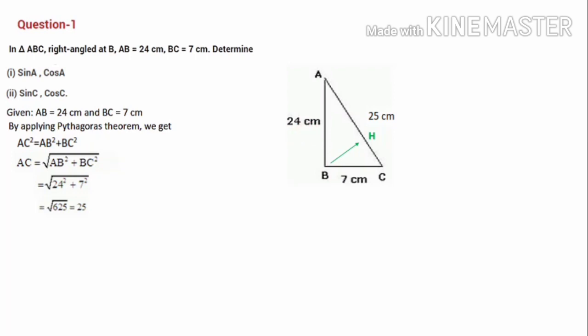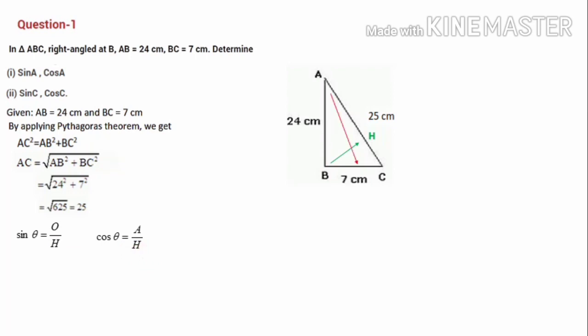Now all the three sides we have got in this triangle, so we can calculate any one of the six trigonometric ratios without any problem. So let's calculate the first value, recalling the formula. Sin theta is equal to O by H and cos theta is equal to A by H. We need to calculate sin and cos values, so we have to write the sin theta and cos theta formulas. Sin theta is equal to O by H, cos theta is equal to A by H.